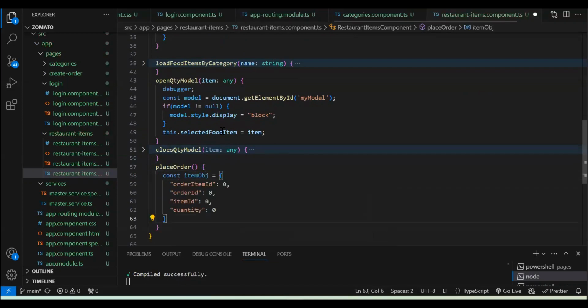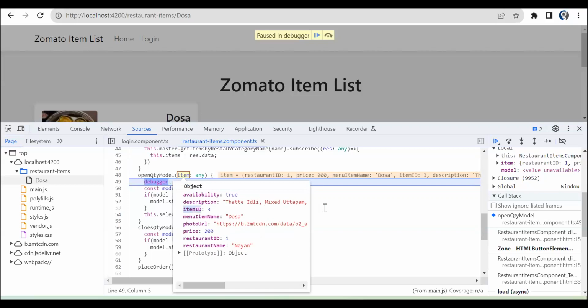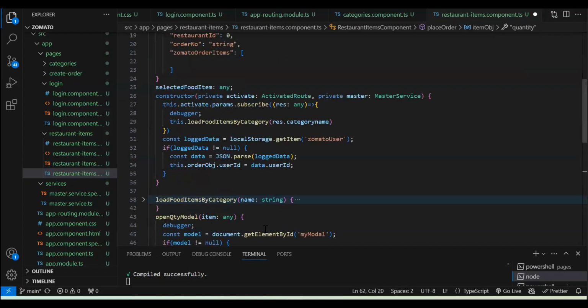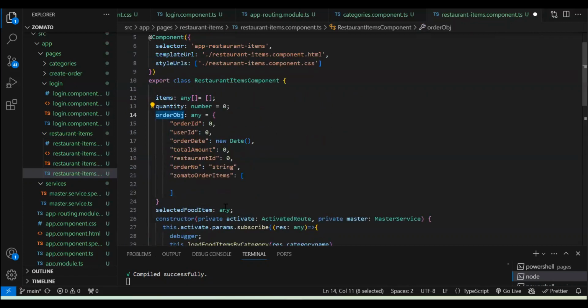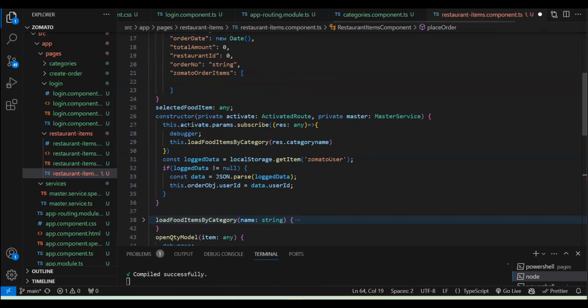Item ID, we will get it from this object, dot item dot itemID. So I and D is capital. So this will be over here, right? Then in the whole object, meaning the global order object, we are going to need the restaurant ID, right? So this.orderObject.restaurantID